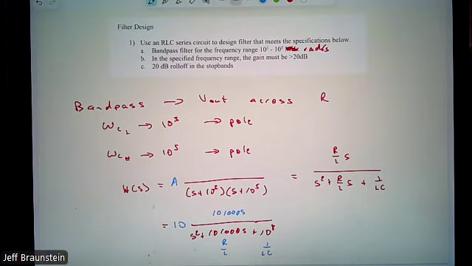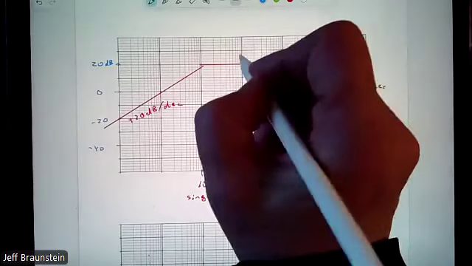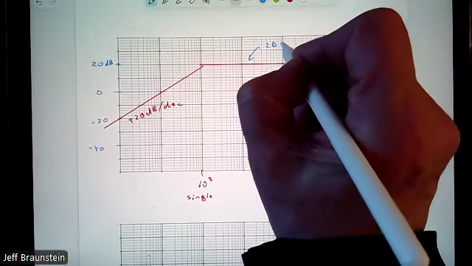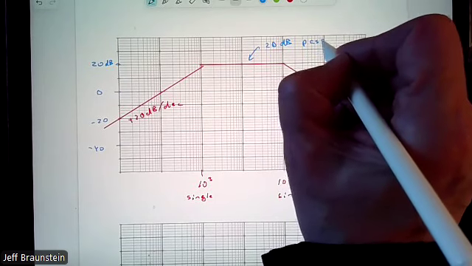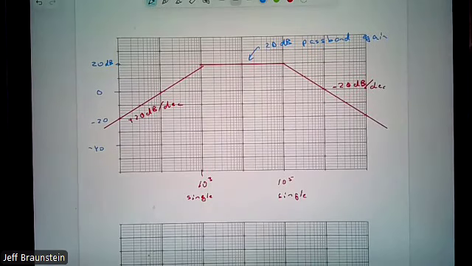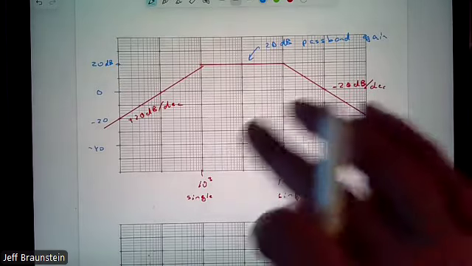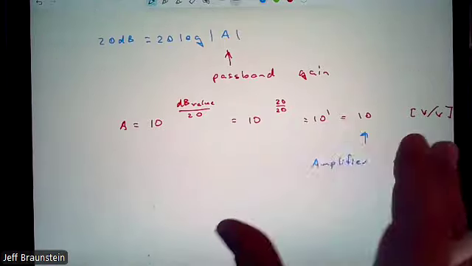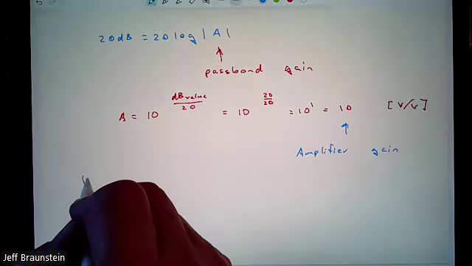Can you explain how you got the 10 again? So I looked at my passband gain, and my passband, here's my gain, 20 dB passband gain. But I have to translate dB back to some circuit parameter. I mean, what we're saying here is the magnitude of the transfer function in this range of 10^3 to 10^5 is 20 dB. And magnitude of the transfer function, kind of going back a little bit more deeply than what we've done before.